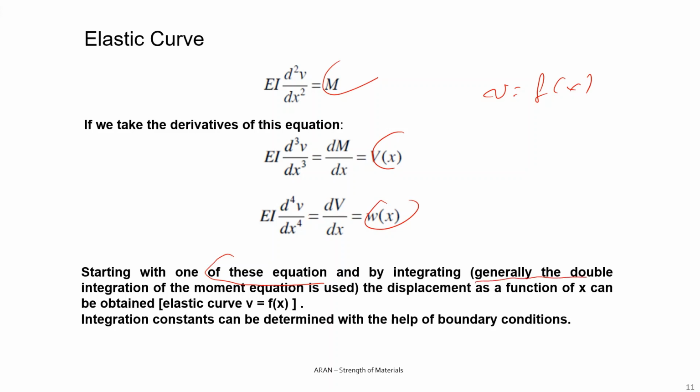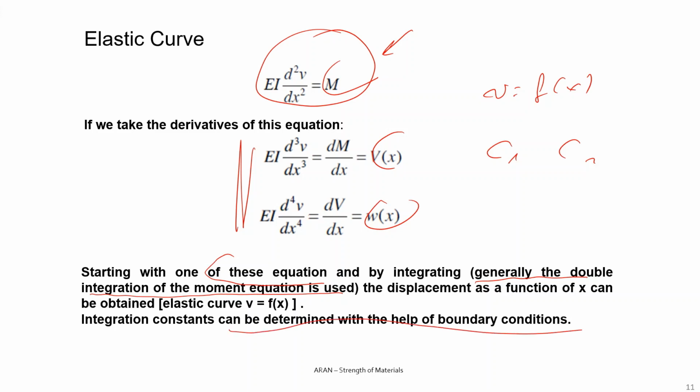Generally, the double integration of the moment equation is used because double integration is much easier than the other methods. So by double integration, you will have two integration constants, and these can be determined with the help of